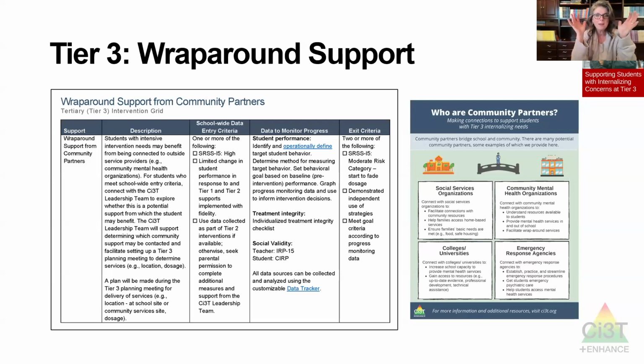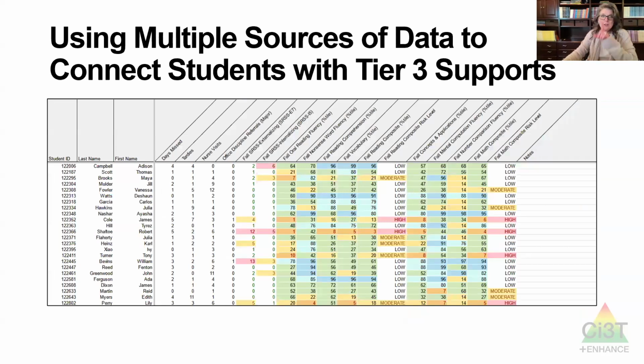In your Ci3T manual, tier 3 ideally is also reflective of your interventions and your supports that you engage with your community partners. We get that question a lot, like the things that are happening outside the school, should they be listed there? Yes, absolutely. Because this is one coordinated document to say this is all of the wonderful ways we get to work with our community partners and our school site partners and families and the students themselves to meet their multiple needs. So keeping that in mind when you're thinking about tonight and tier three, process would be the same.